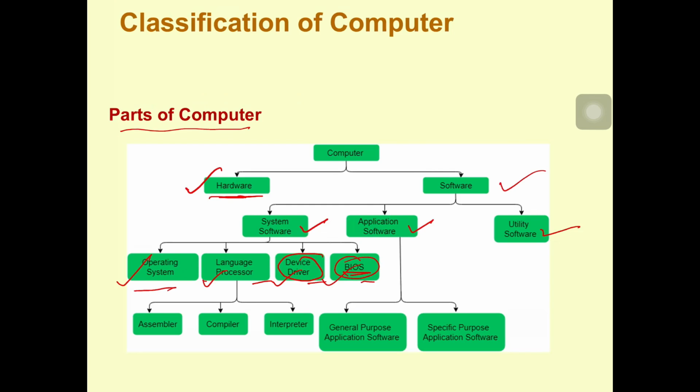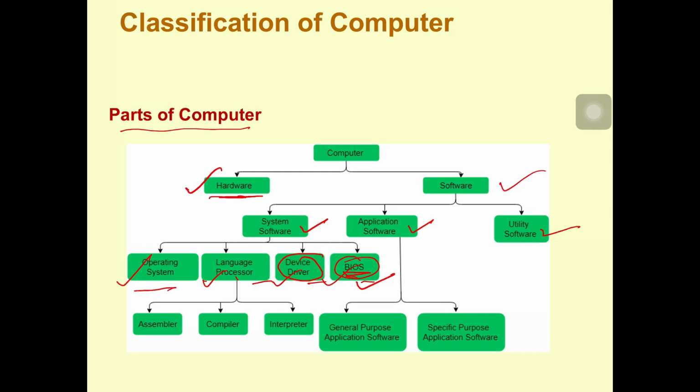And the basic input output system is the system through which the computer takes the input at the previous stage, when it does not even have the operating system. This is used to boot the system. The operating system is further categorized into categories. I will tell you more about the operating system and the language processor after a short while.